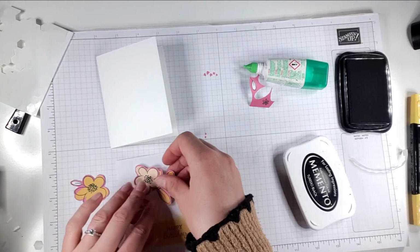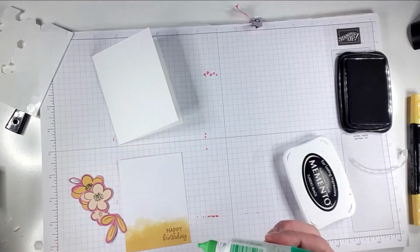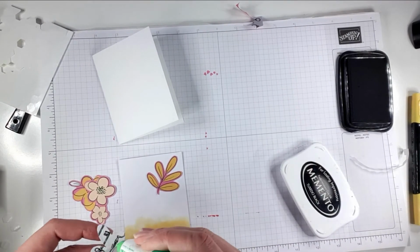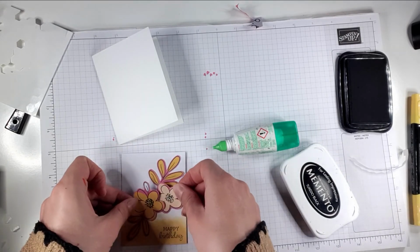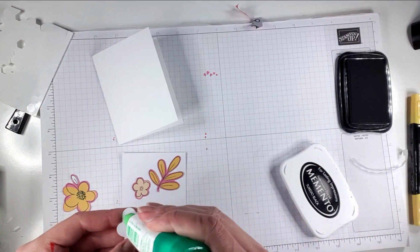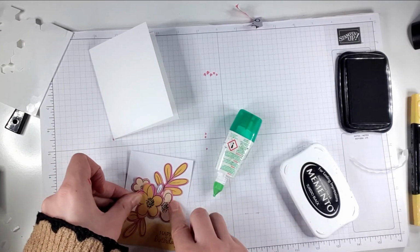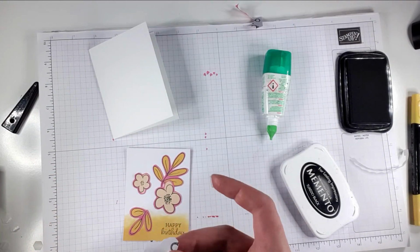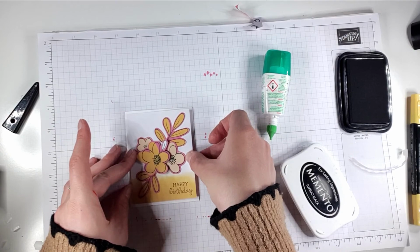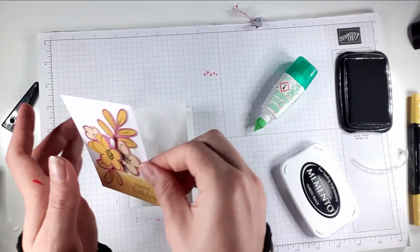And then I'm going to just build up these flowers. So I'm going to glue down the leaves at the bottom. And then I'm going to just arrange the other flowers around. So I'm just going to pop these under here. And so this is a nice example of how you can really kind of cut up the different cards and make them into a more worked-into card,